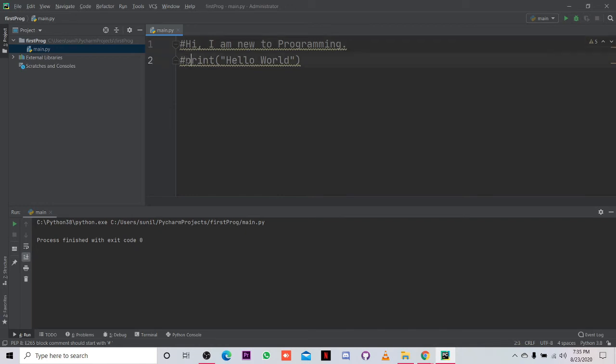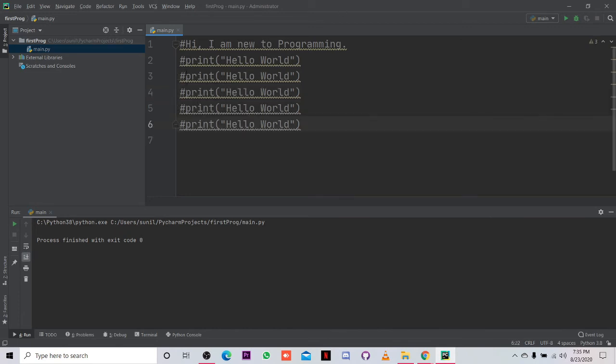Got it? So this is a single line comment. We copy it, we paste it. This is a single line comment, but we have to write a hash every time we want to add a comment.